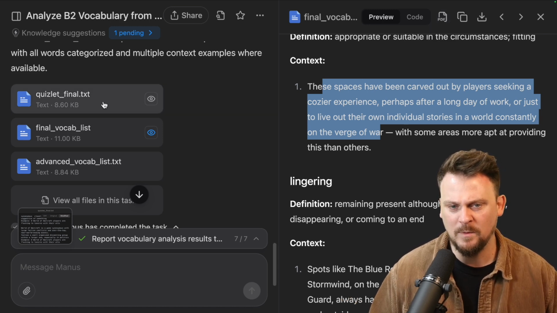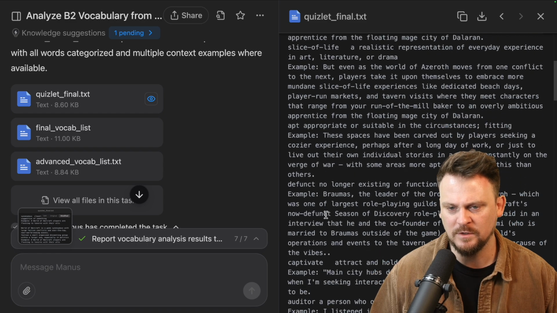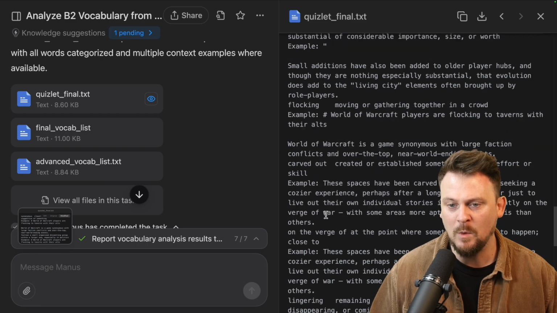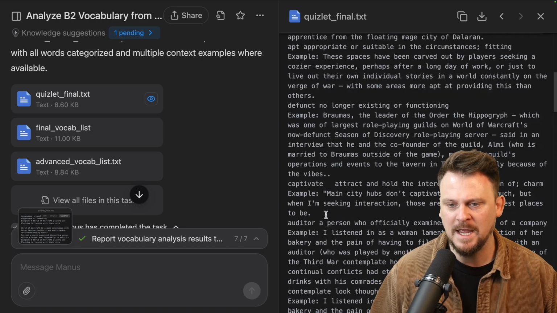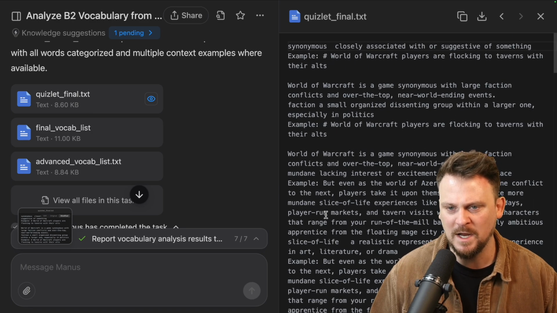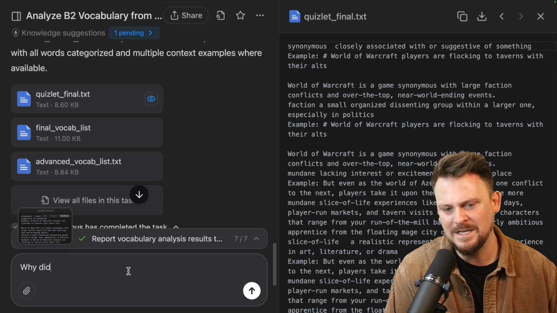What about the Quizlet flashcards, the words in my Quizlet? Now what I wanted it to do is go to that website, Quizlet, and make a list of vocabulary words that I can practice. So that didn't happen. Maybe I can use a follow-up request. Why didn't you create the flashcard, the list of words in